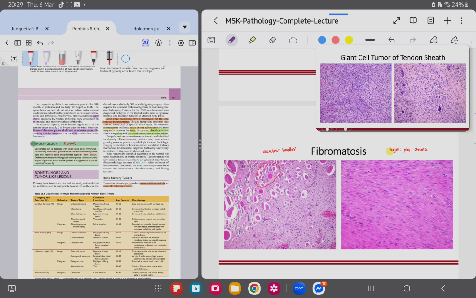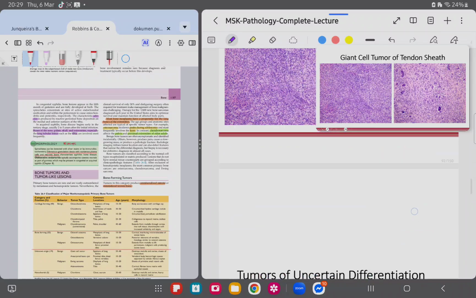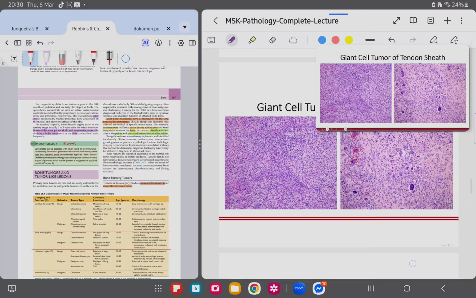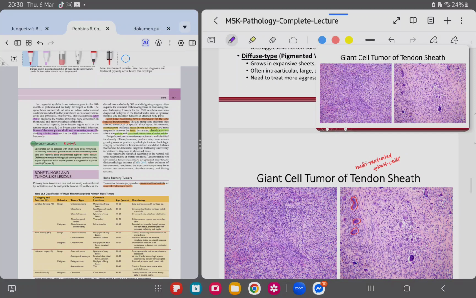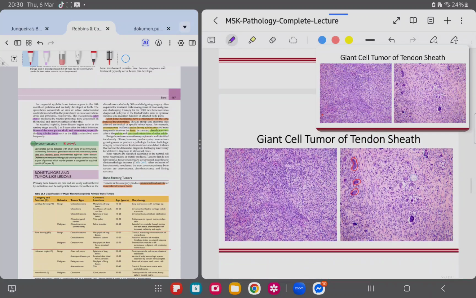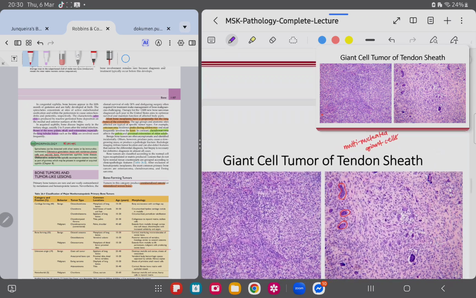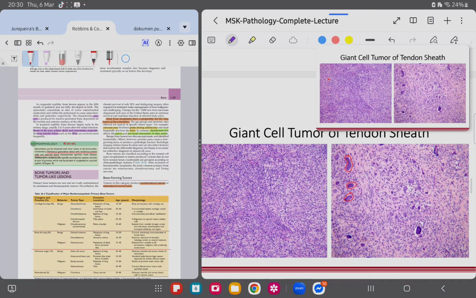You might be given a particular image with a particular imaging, a particular case descriptor, and then you will be asked what the mutation is for that particular lesion. For giant cell tumors, you have to be familiar with two. Your giant cell tumor of bone and your giant cell tumor of tendon sheath. So your giant cell tumor of tendon sheath appears to be vaguely composed of two types of cells, those cells with clear cytoplasm and those that are more compact. Then of course, the reason why they are called giant cell tumors is because of the osteoclast-like giant cells that are interspersed within the tumor.